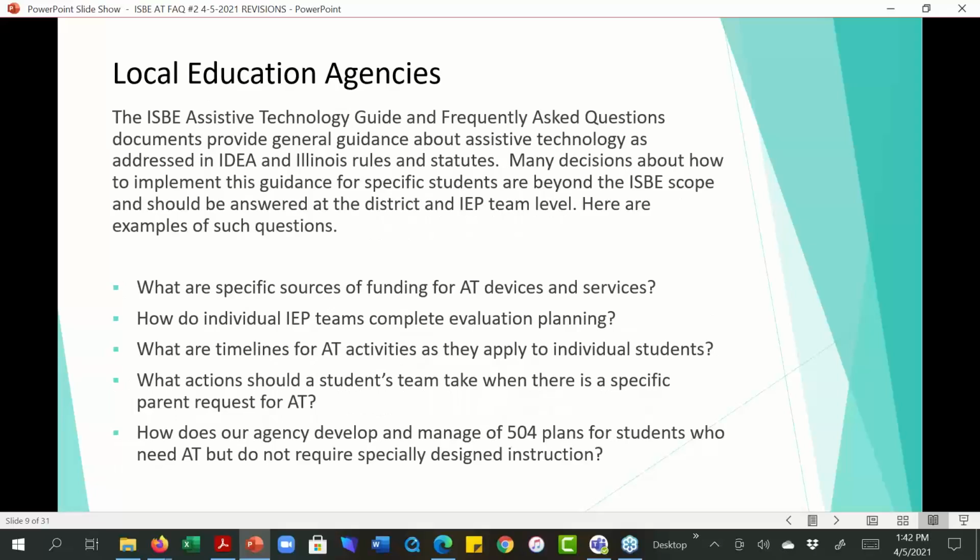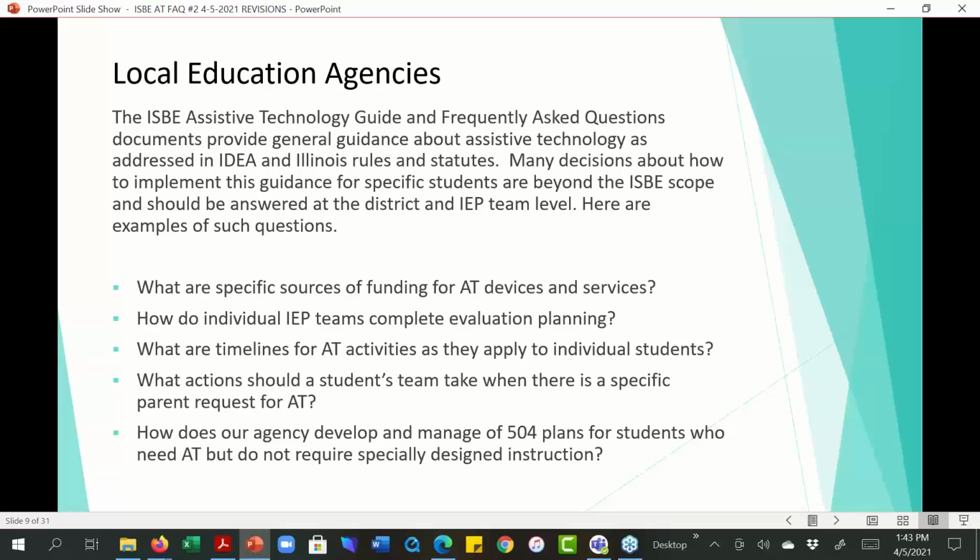Another thing that's important to say before we really get into the meat of this is that some of the frequently asked questions we've been receiving really are questions about how you do things in your district. Neither IDEA nor ISBE will provide you very specific answers to questions like some of the ones you see listed here.